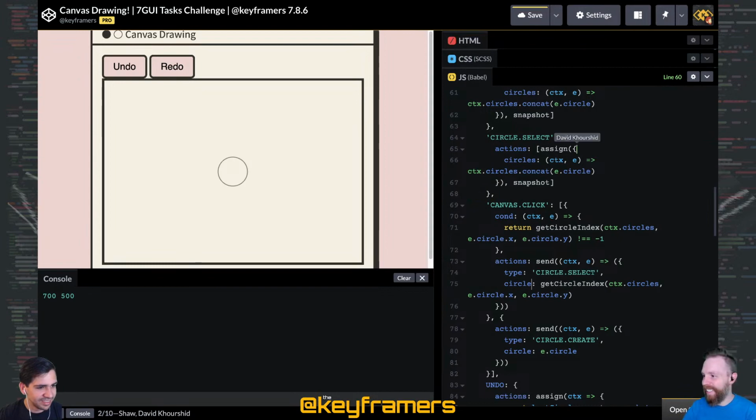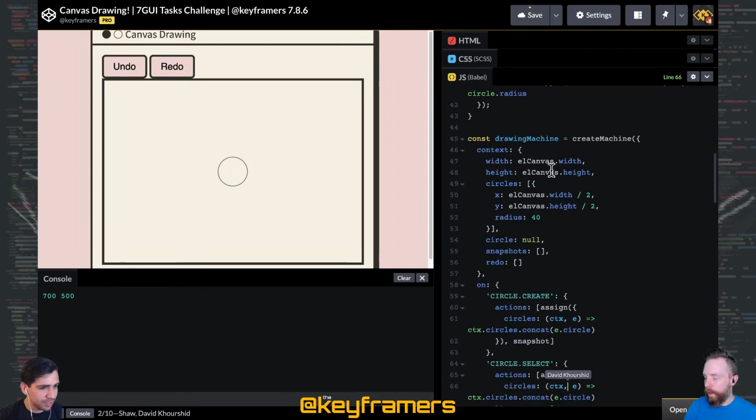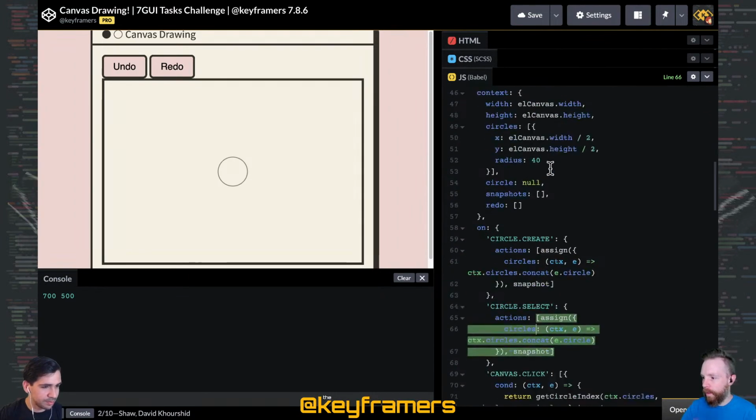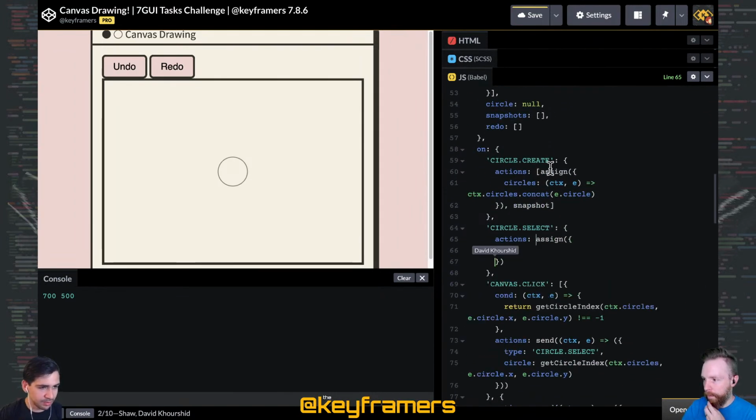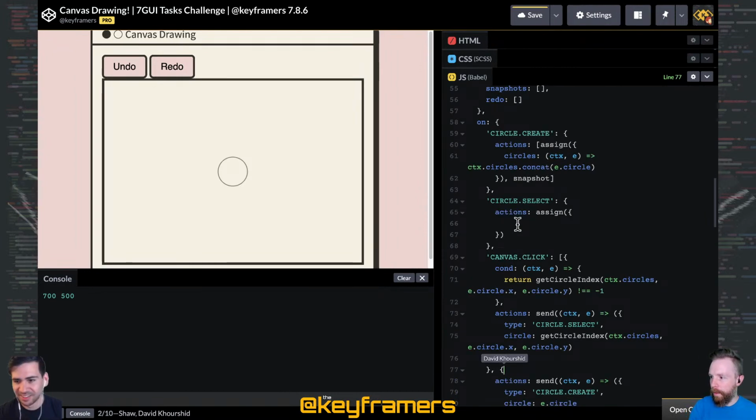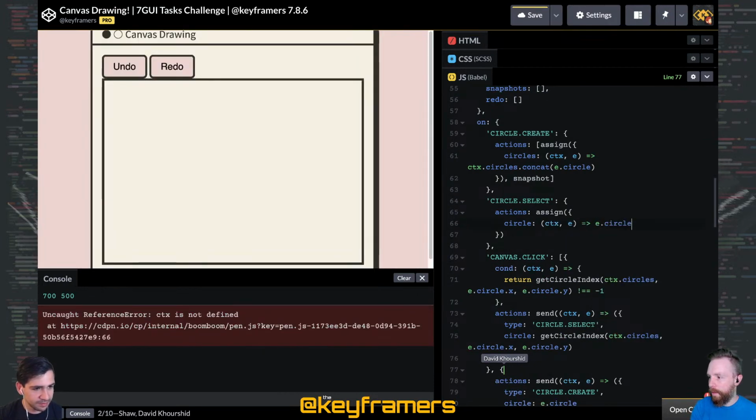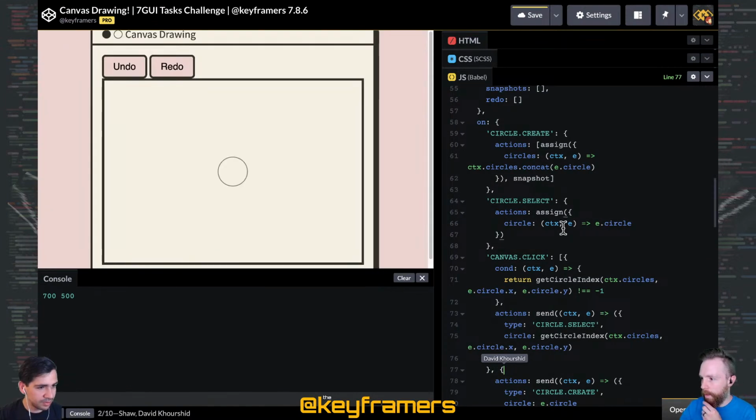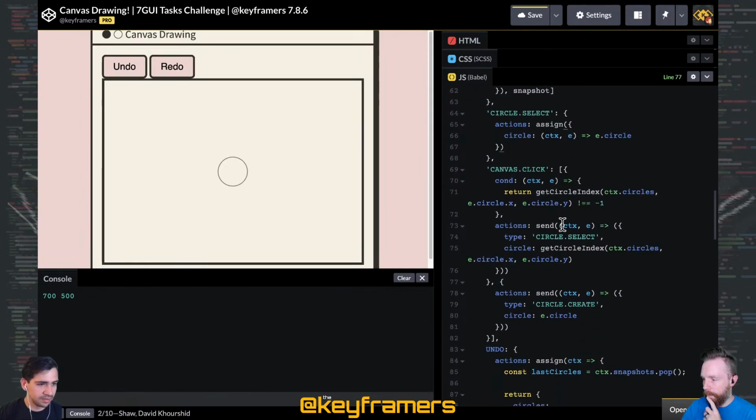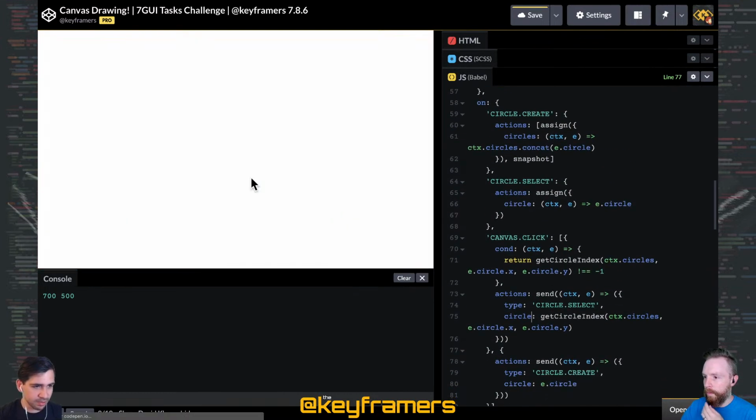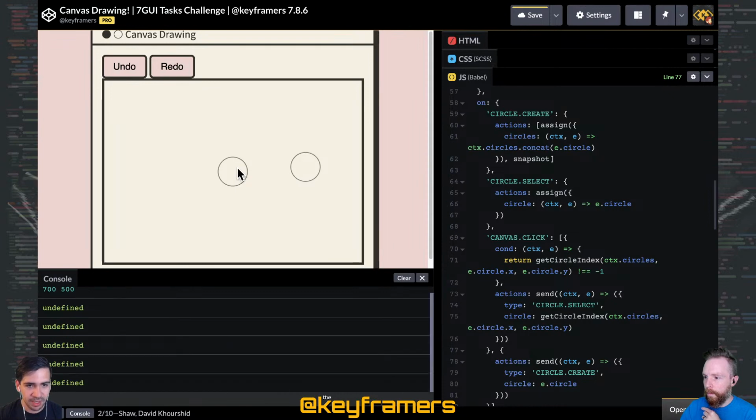All right. So for circle.select, we are just going to assign something simple. In fact, you could, if you want. I'll let you do it. Just be circle, ctx, e.circle. Yeah, there we go. And that'll just be an index. Console.log state.circle. So I'm logging the state.circle to the context just so we can make sure that that selection